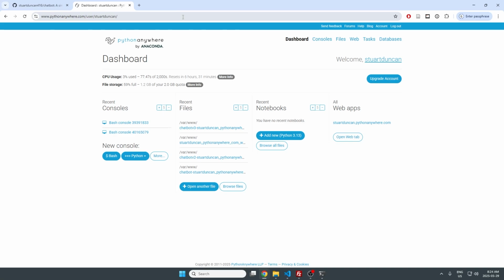So the first step to set up things would obviously be to log into your Python Anywhere account. This is the dashboard that you will essentially see as part of that account. And we want to open up a bash console. Essentially, this is a console that allows us to run Unix commands, and it's all web-based. You could, if you really wanted to, set up some kind of SSH client that could connect to Python Anywhere. They have some details on how to do that within their site, but I'm just going to use this web-based console because we don't really have to do a lot with